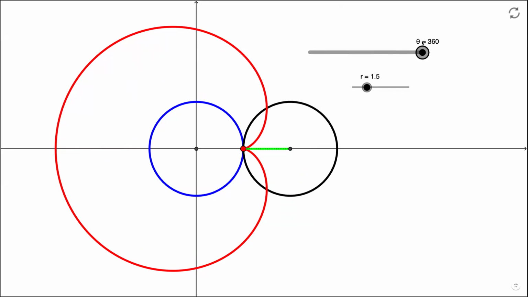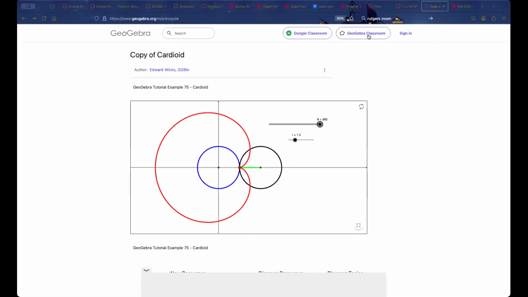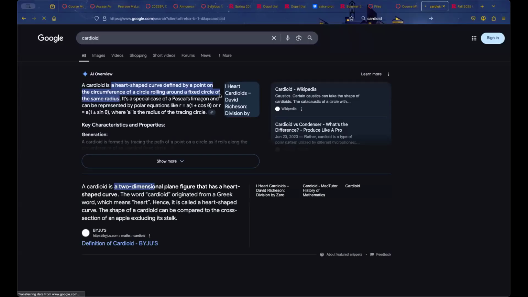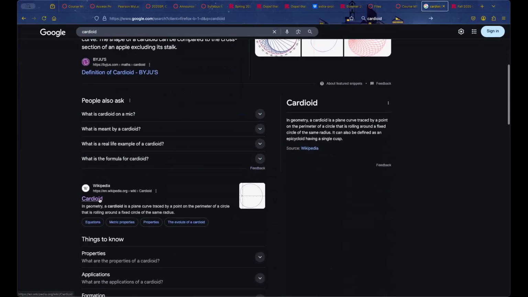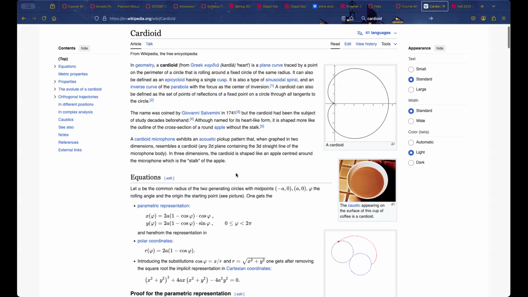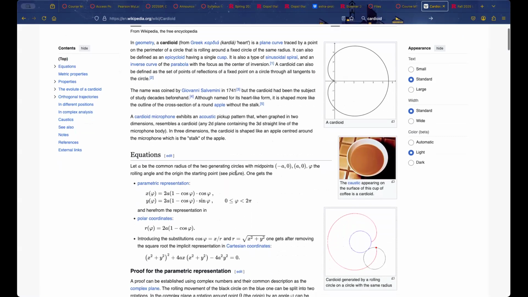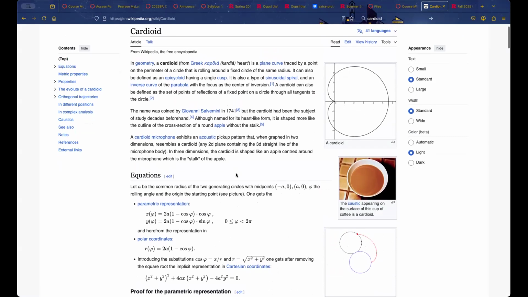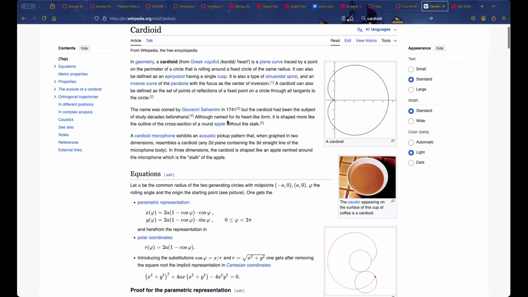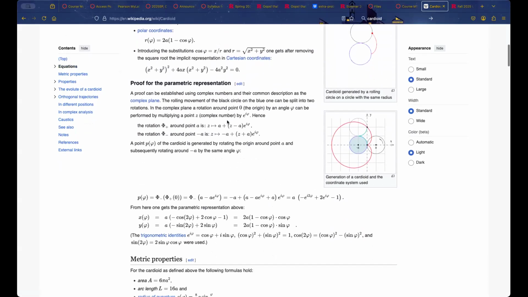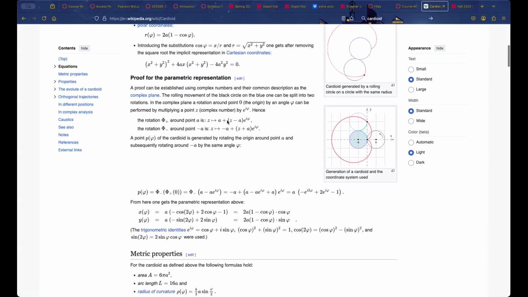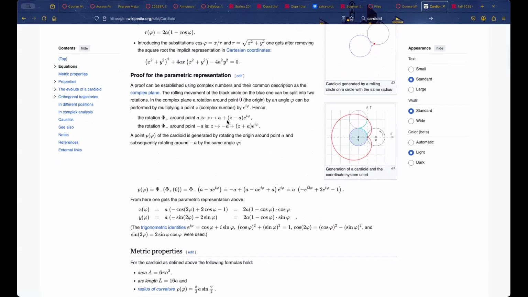There are different ways to arrange this, because you could have the first circle's center somewhere else. For example, if you go to Wikipedia and enter cardioid, you'll see all the different ways in which it can be described. There's a cute animation there as well. And this is a different version of the cardioid. They always look the same, but there are different ways to generate it. You can move the circle a little bit to the left, and that way the cusp touches the origin. Anyways,